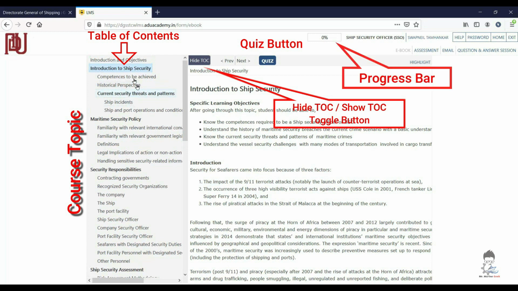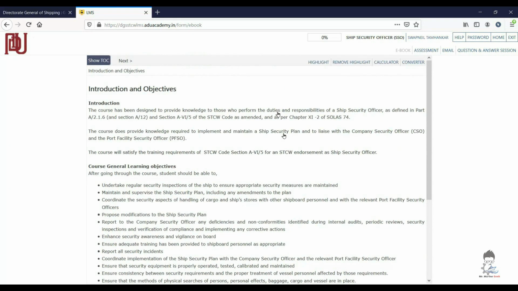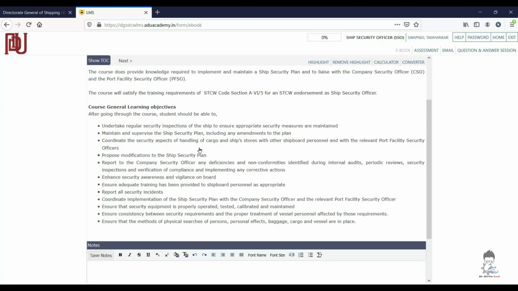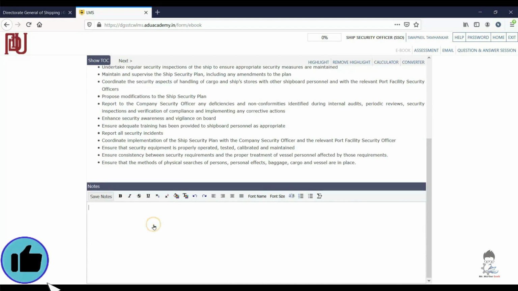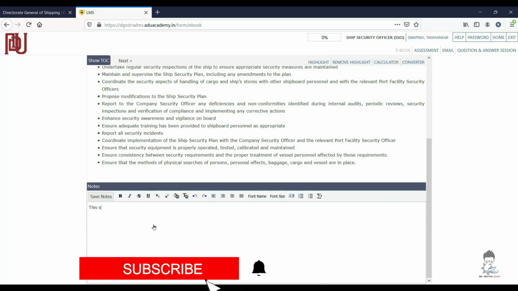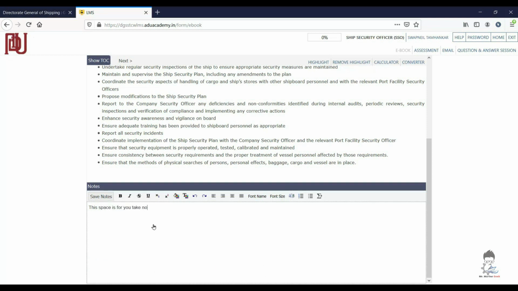You have a progress bar to find out how much progress you have made in finishing your e-learning, and when you click that hide TOC button, the whole course content gets magnified. And at the bottom you can scroll down and each topic can have your own notes. You can make your own notes which you can refer back to whenever you want.